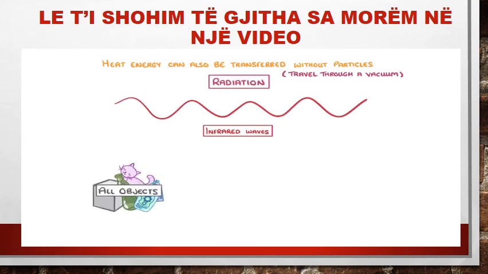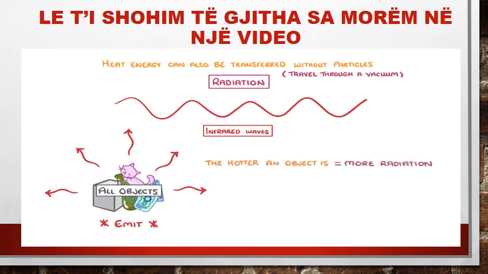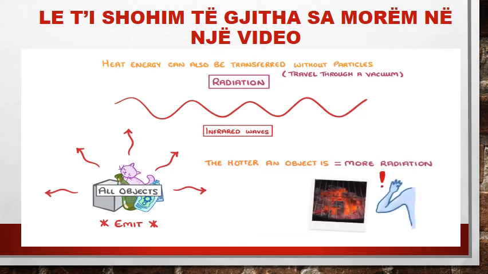All objects constantly absorb and emit radiation, and in reality they do both at the same time. Importantly, the hotter the object is, the more radiation it emits. This is why it feels hot to put your hand over a barbecue, even if you're not touching it. The very hot metal and coal is emitting infrared radiation, which is absorbed by your hand. We take a closer look at infrared radiation when we cover the